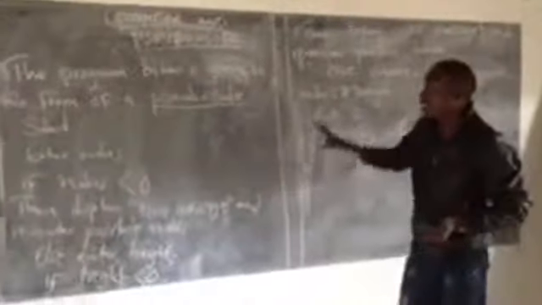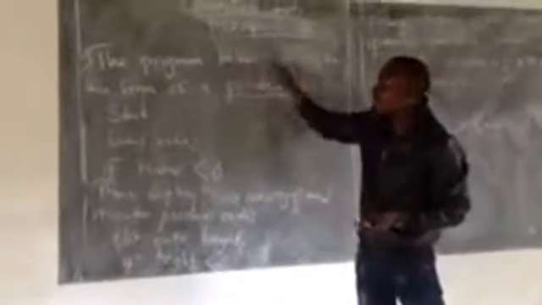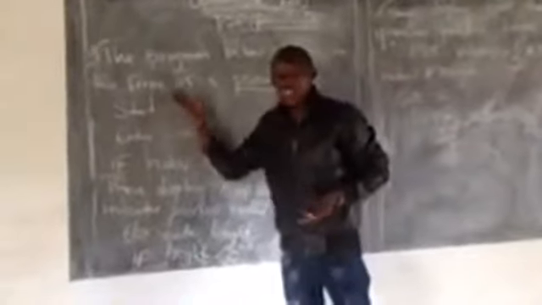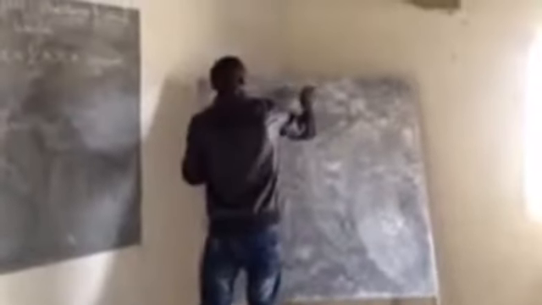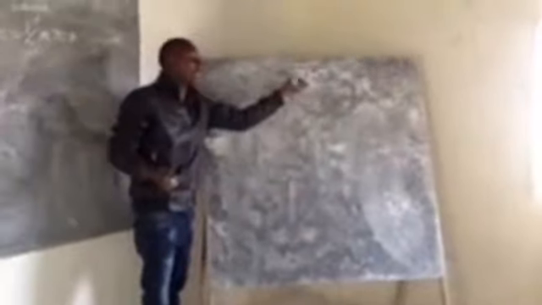The program below is given in a form of a pseudocode. The way it is written here, that's how a pseudocode is written. But if it was a flowchart, you would have seen shapes or diagrams flowing. According to it, they are saying start. How can we interpret this in a flowchart? We'll use the starting box, and the starting box will look like this. Then we'll write the word start. You can always use this starting box when you're starting a flowchart.